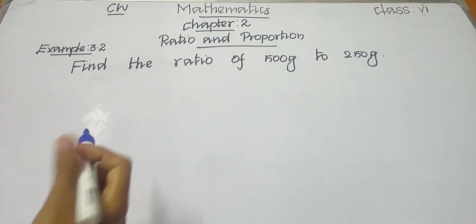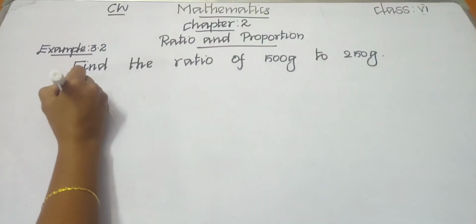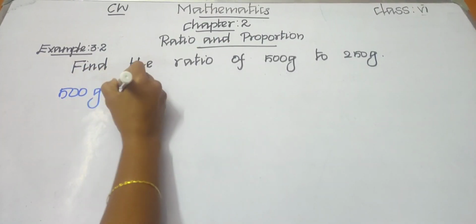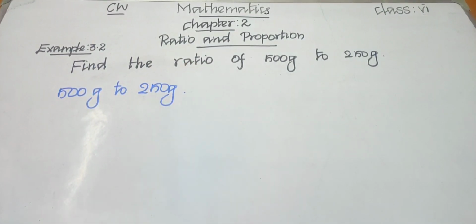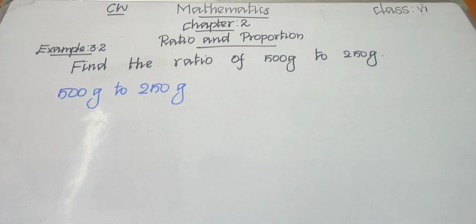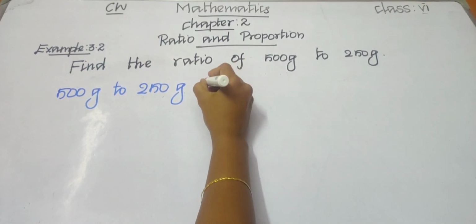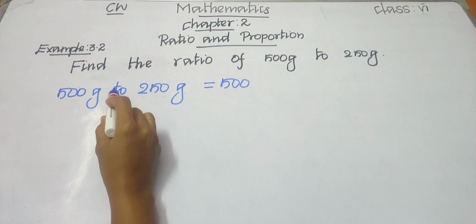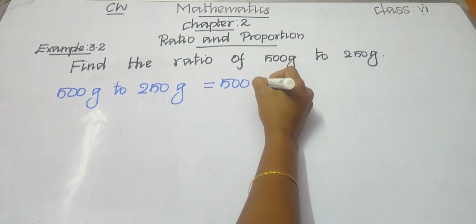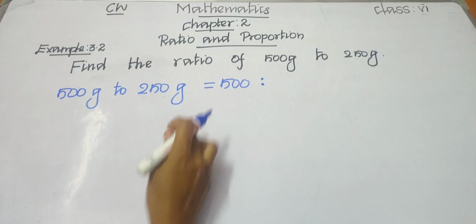Okay, children. So what is given? 500 gram to 250 gram. How can you change this into a ratio? Simply we can remove that gram and write it in the form of a ratio. We write 500, and we put the ratio symbol, which is 'to'. So 500 is to